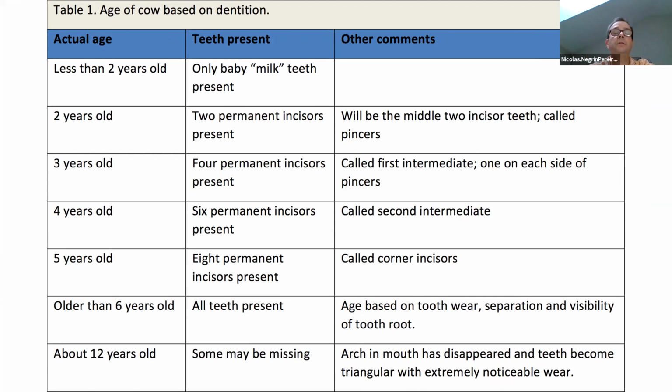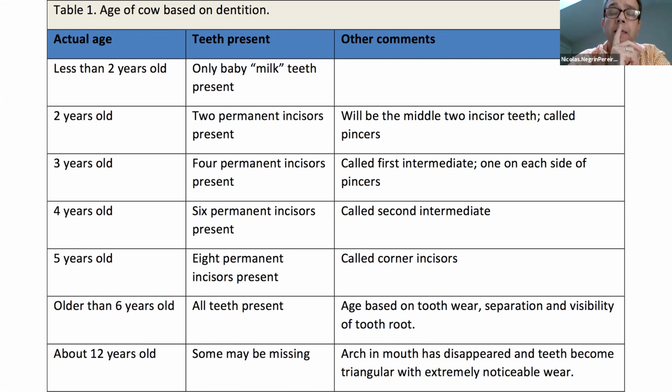At 2 years, normally we will have the appearance of the 2 permanent incisors. At 4 years, we will have 4 to 6 permanent incisors. And then all the teeth when they are over 6 years of age. It says they're around 12 years old, but I can tell you that that changes and varies a lot with the animal,